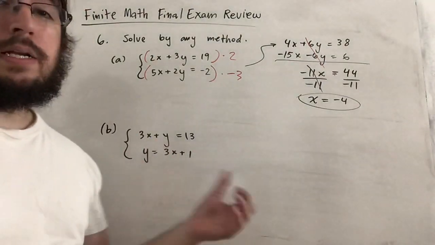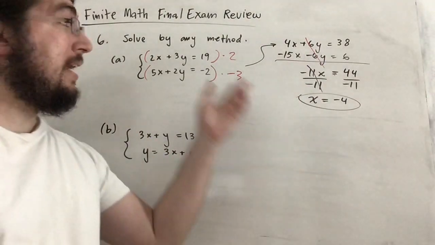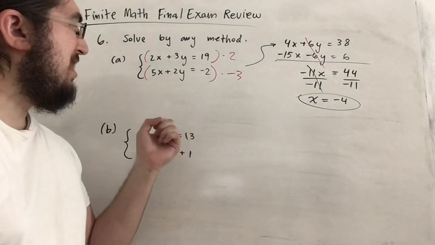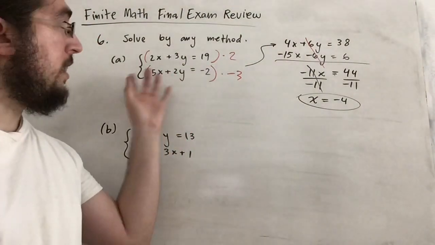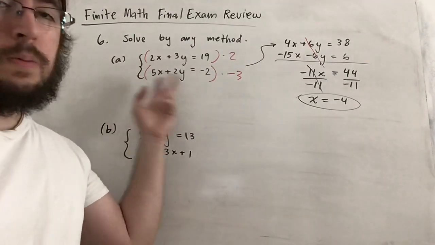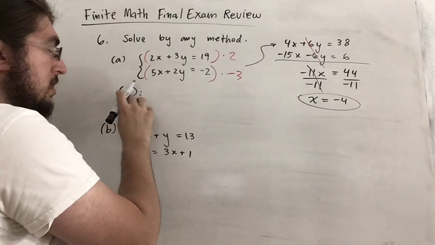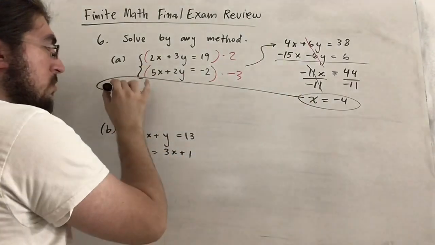Great. So now what? Now that we have one of the variables, we need to plug it into either of the two equations to find the last variable y. And just because the numbers are smaller overall, I'm going to plug it into the second equation. So the second equation, let me label that as 2, with x equals -4 plugged in,